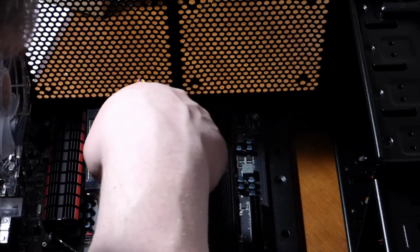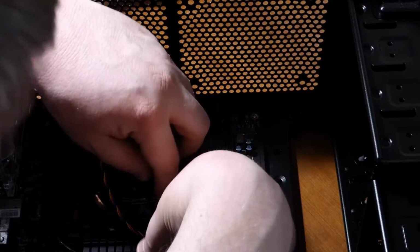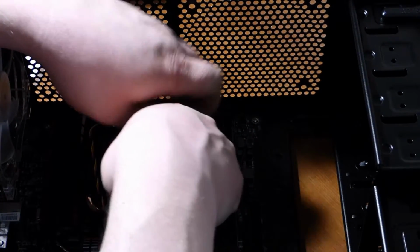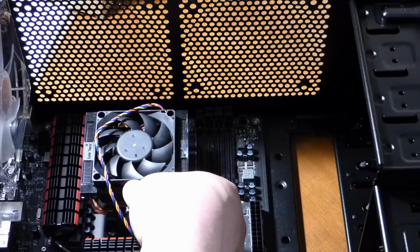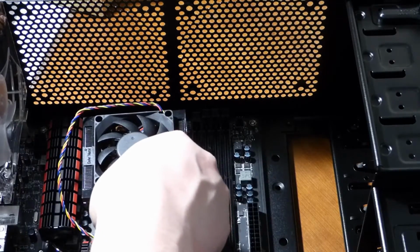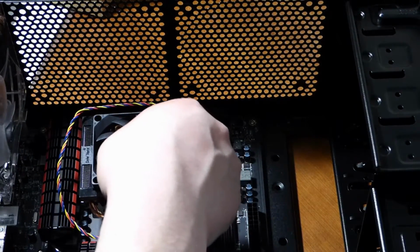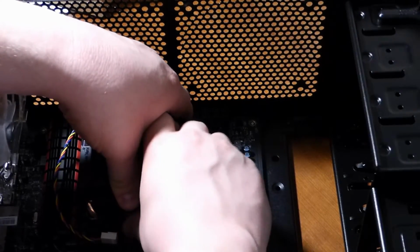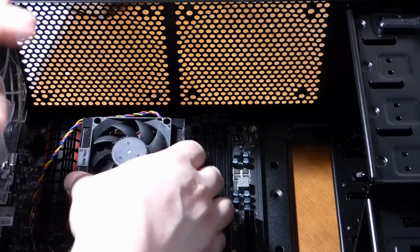you snap this side. That should just snap right on. There it is. Bring that lever up and over. Now,